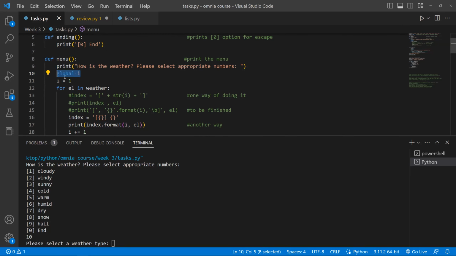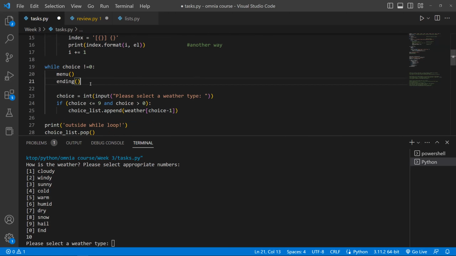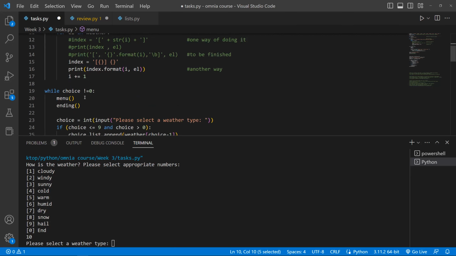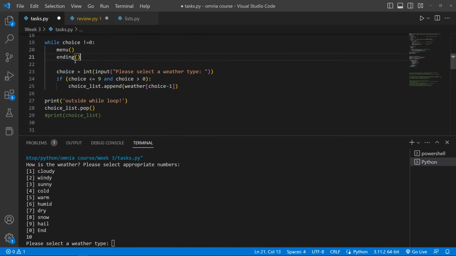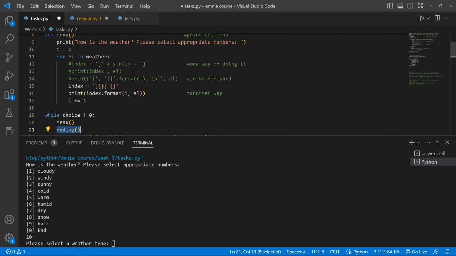But the thing about functions is, it's good if we have some data inside the function, because quite often we don't want to leak the data from inside the function outside the function, as long as it doesn't require it. So let's just skip this print I. I was just showing that whatever is inside the function cannot be seen outside the function. So this way, our while